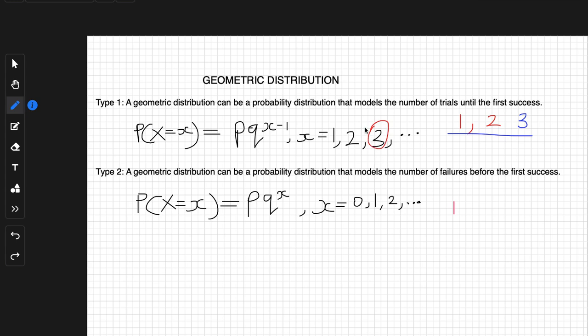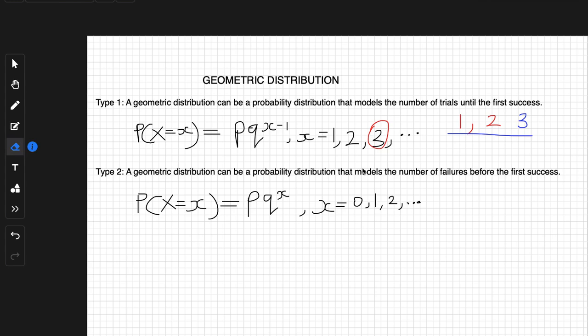So on the 3rd attempt, we got the success we were looking for. And so that's the difference between the 2 distributions. But for the sake of what we are doing at this time, which is just to introduce the concept of probability distribution, we will not be using the second type for our calculations. We will only use the first type.